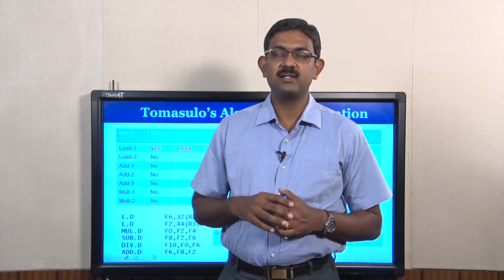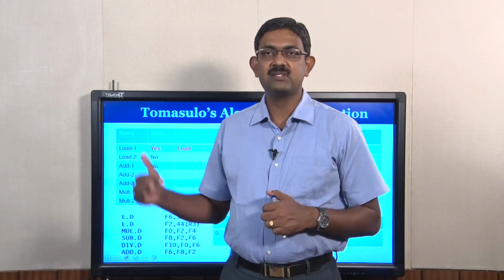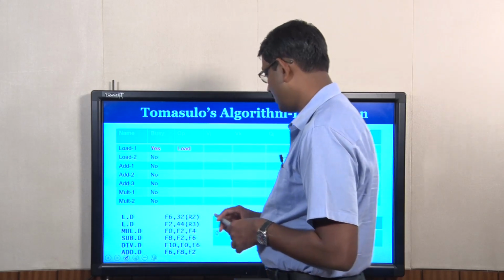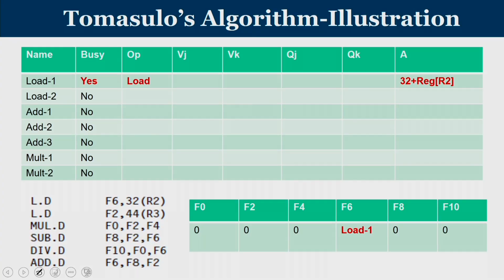So, we understood the concept of how Tomasulo's algorithm works with the help of an example. Now, to get better clarity, a set of instructions is given, and from these instructions we will try to see how the reservation station values are updated. So, consider the instructions given in the slide: two load instructions, then a multiplication instruction, then sub, then div and add. You can see F indicates the name of the registers and R indicates the name of integer registers.